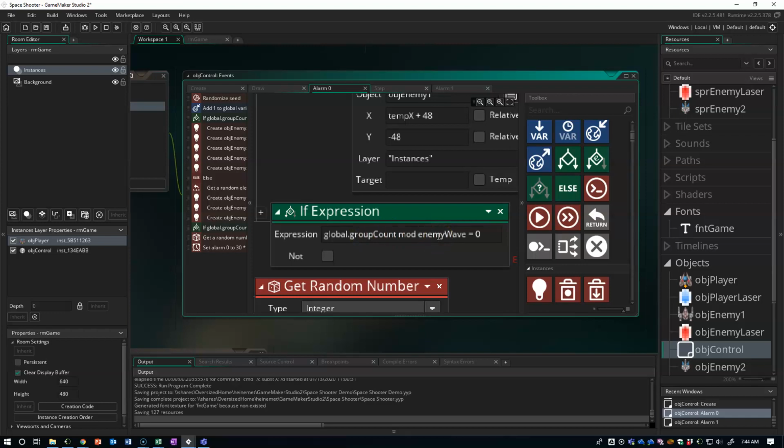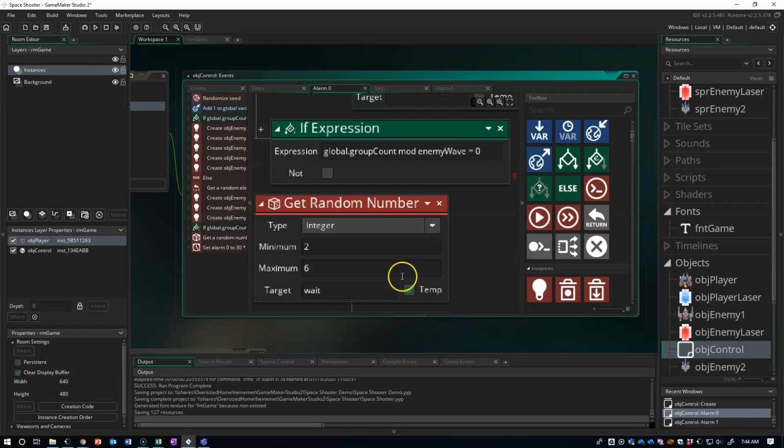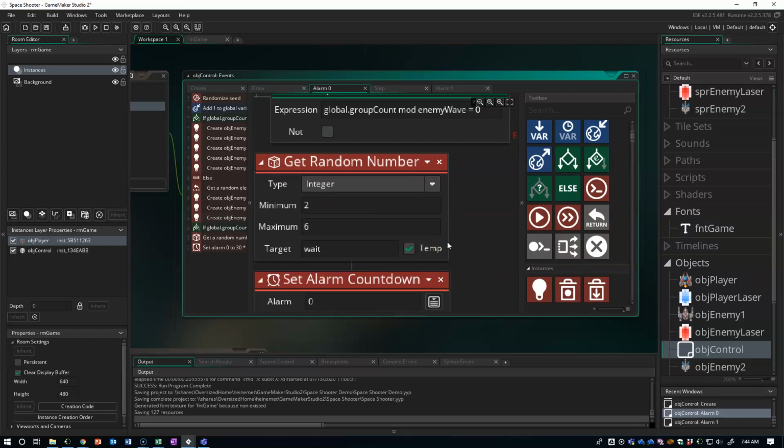Okay? So if that's true, we are going to switch to our new wave. Now, what that really means is that we need to stop sending groups. We need to shorten the amount of time between waves. We need to display the next wave number. We need to increase the wave number. So there's several things that need to happen. So in order to not send another group, we're actually going to put this in an else. So we're going to